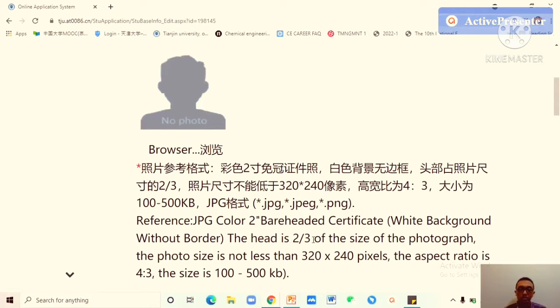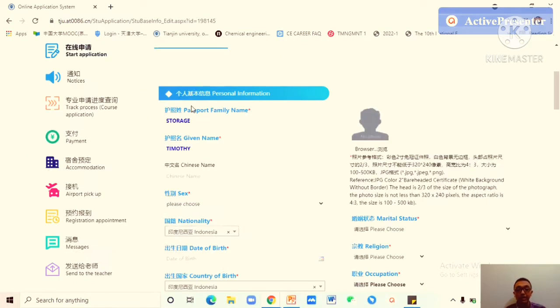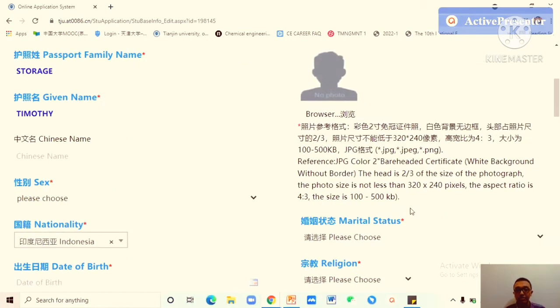The head is 2/3 of the size of the photograph. The photo size is not less than 320 times 240 pixels, and the aspect ratio is 4:3. So make sure when you take the photo, you ask the photographer or the photo service to make this kind of photo, especially for this application, right? And the size should be between this. If your photo's file size is greater than this, you have to compress it so it can be